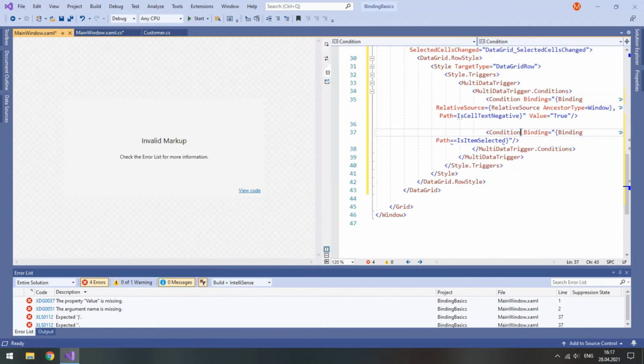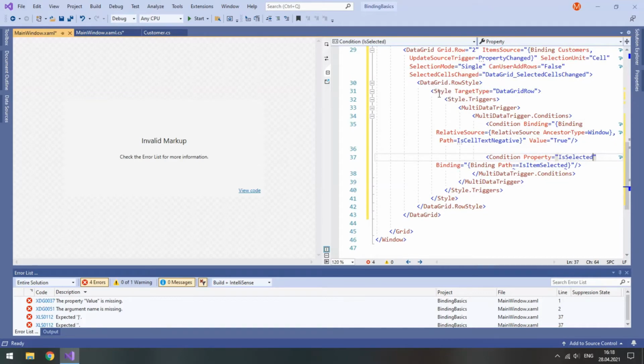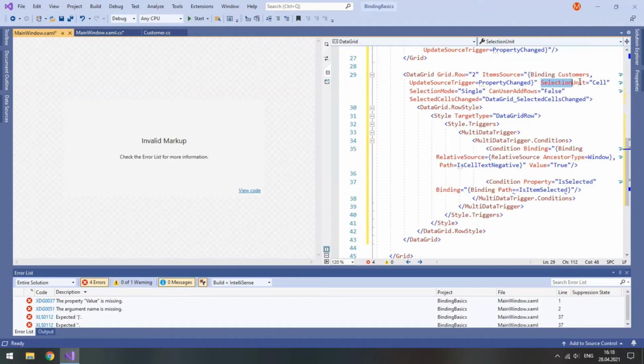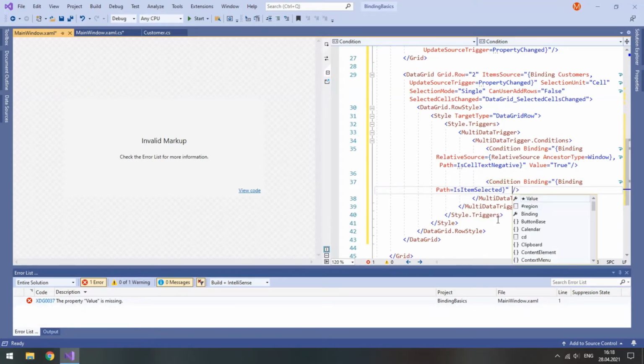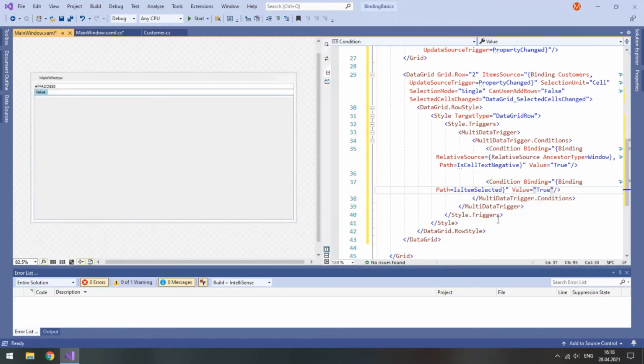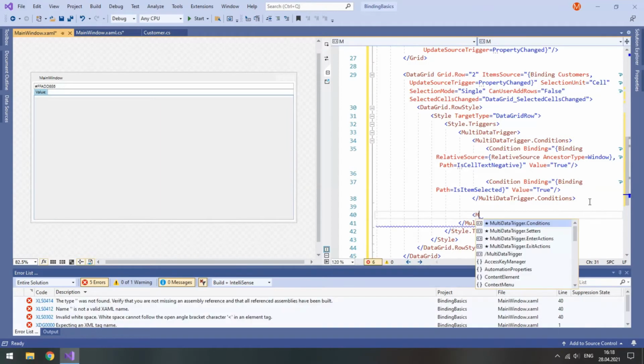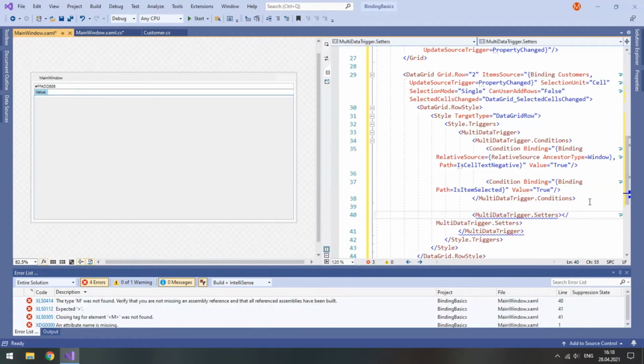Okay, you could think that you could use a property called is selected, which each data grid row has. But because we chose selection unit cell, we cannot use it because it will always be false. So that's why we have to do it. Oh, just one equal sign. And again, we check if is item selected, value is true. So if these conditions are met, we will change the background to red.